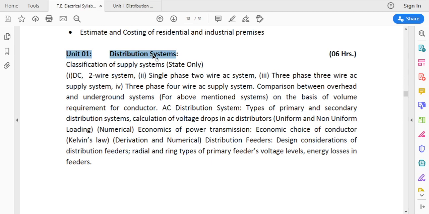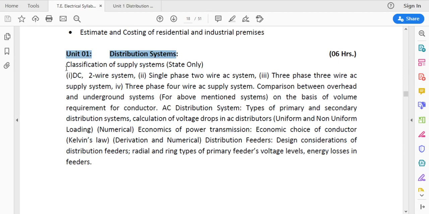You have studied or you know that generation, transmission and distribution are very important areas in the power system. So if we have to maintain the continuity of the electricity, then we have to make sure that our distribution system is much more efficient and much more reliable to ensure the continuity.